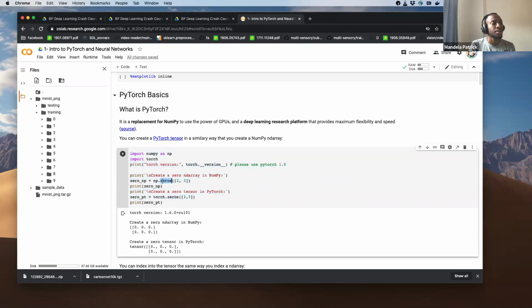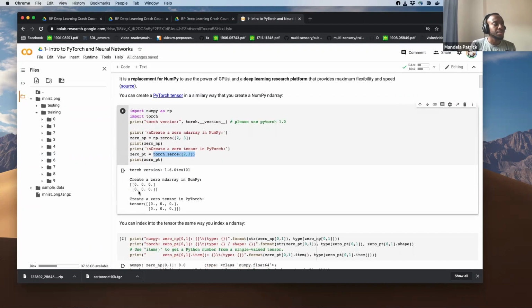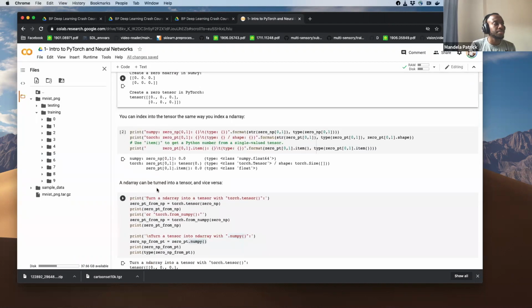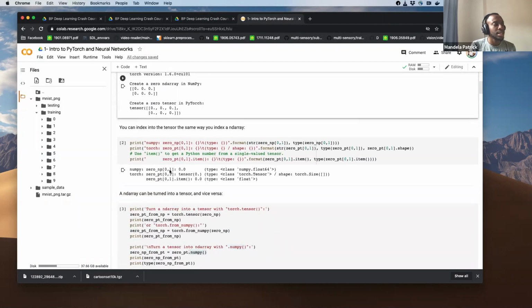So this is the NumPy zeros array, and this is the similar one in PyTorch. We create a 2 by 3, which is 2 rows, 3 columns. This is pretty much the basics of going between NumPy and PyTorch.